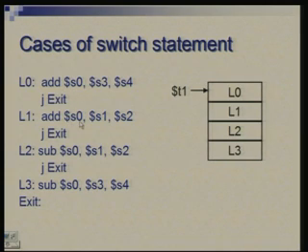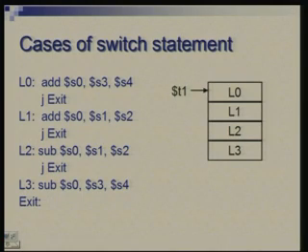Now, this looks nice for a simple case, but problems could often be more complicated. If you are talking of values which are not contiguous, here we had 0, 1, 2, 3, all 4 values were relevant, but if you have non-contiguous values, then the table could be sparse, you would waste the space, and if it is too sparse, it may still be better to do repeated comparisons. But if the range is compact, that means you are interested in almost all the values of the range, then the table approach may be fine.